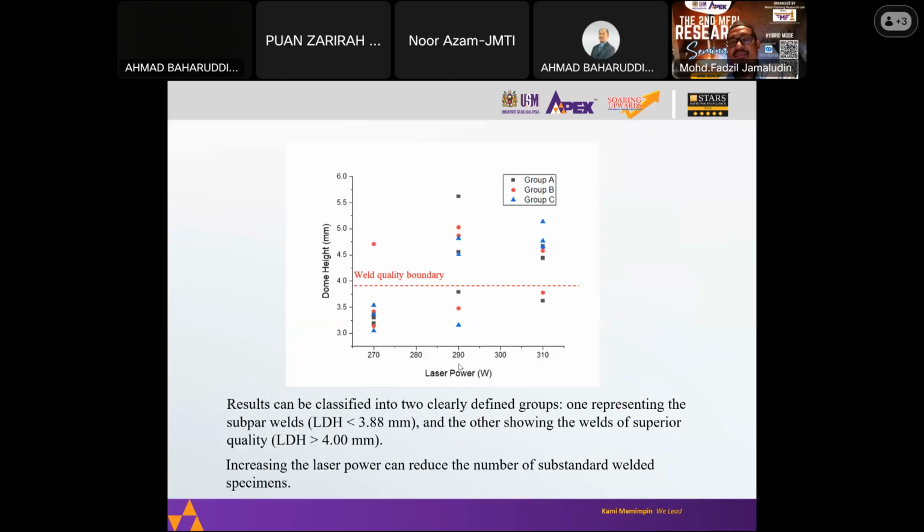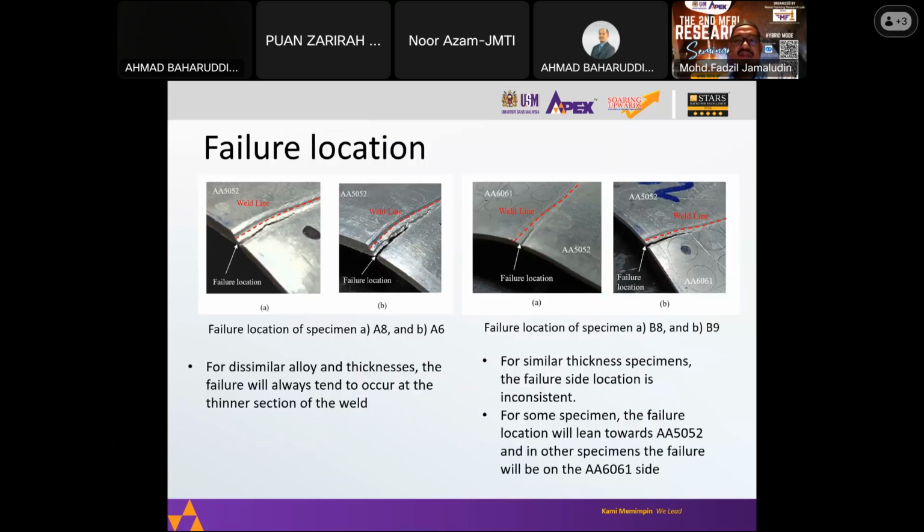So when we do the formability test, only then can we see that some of the welds, even though in the tensile test they show good results, are actually not of good quality when put in the forming test. And in terms of failure location,